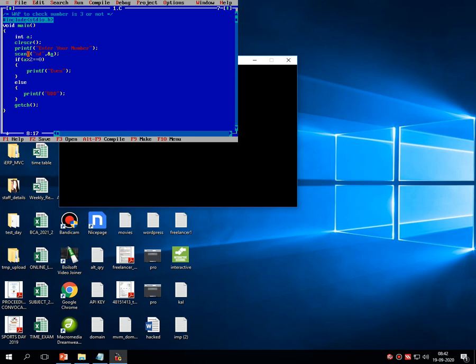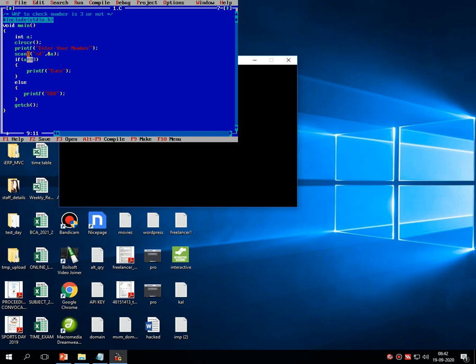And then here I have to make one change. If a double equals to 3. See, this is the comparison operator. We have discussed lots of operators in our previous section. You can rewind the videos and see about the several types of operators.